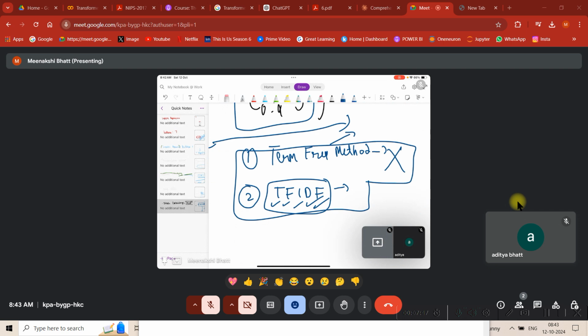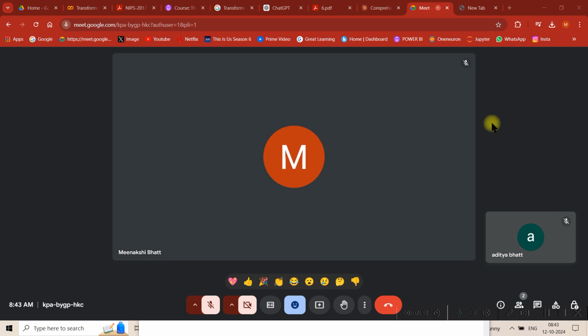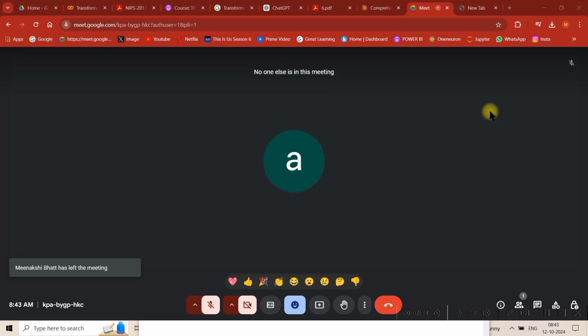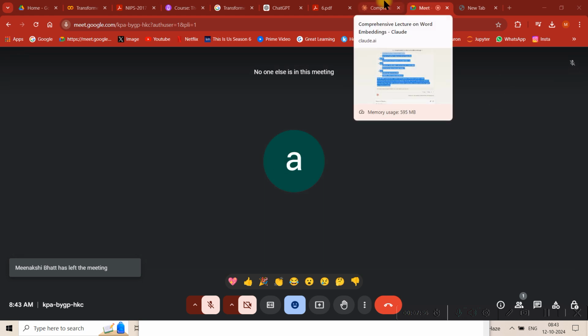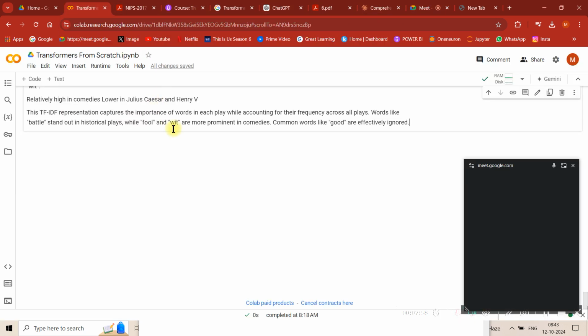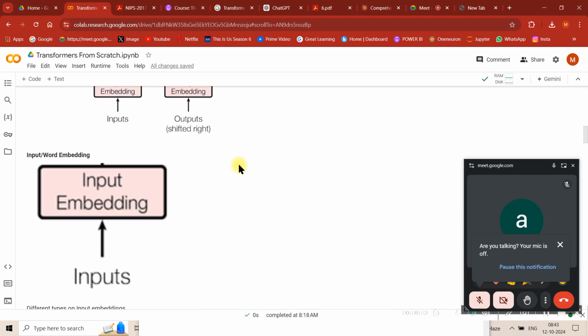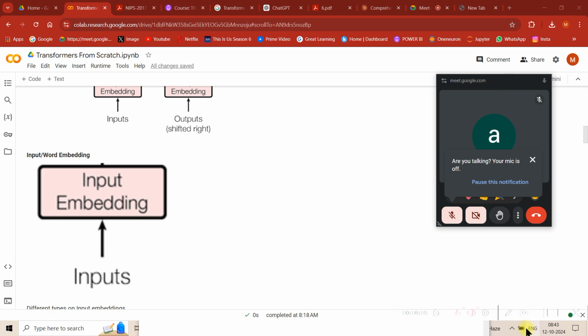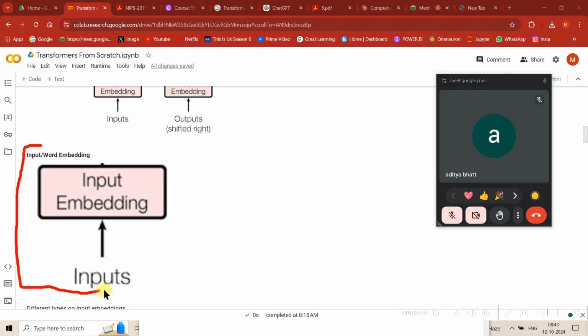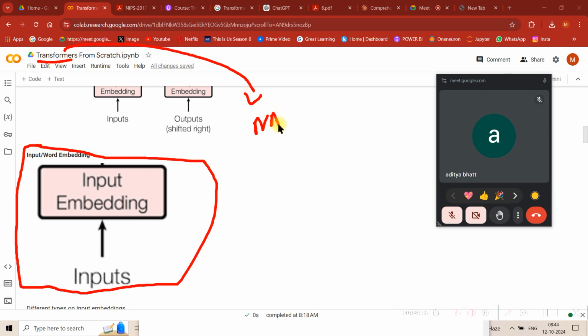So let me just close this thing and let's just go to the Colab notebook that I've created. So guys, let's just try to see what is happening. I've created a Colab notebook which is very extensive in order to understand these two concepts. So guys, see, this is even the first step of the transformers architecture. So what is transformers? Transformers is the main underlying type of neural network which is used in all LLMs today.